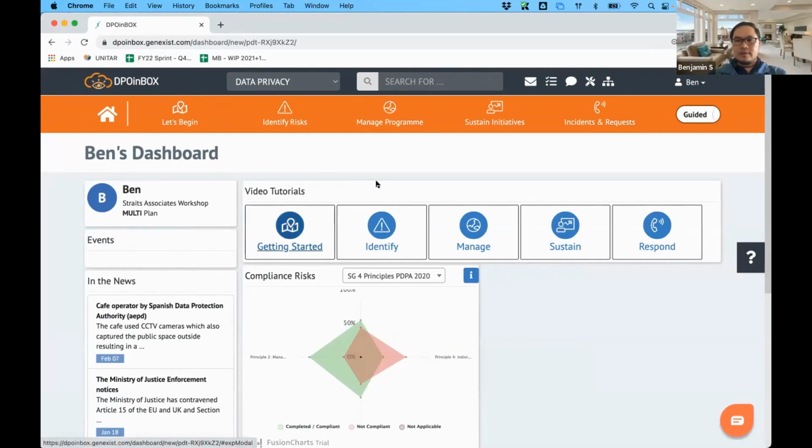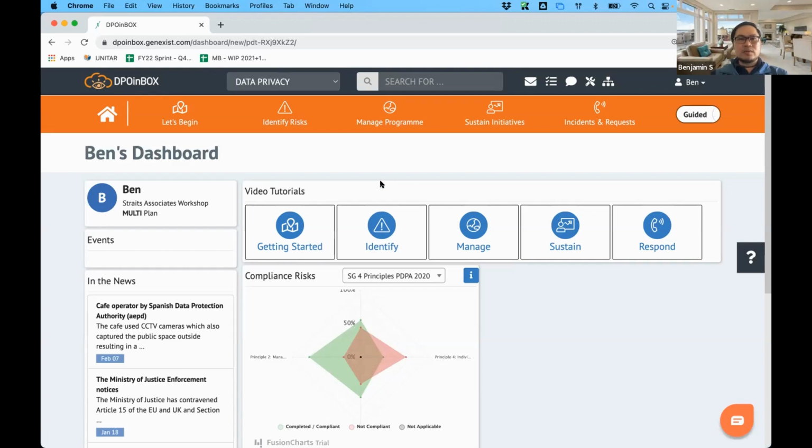Okay, right. So in this case, the HQ has instructed the entity in Malaysia to provide a report in terms of their data mapping. Data mapping, in other words, is documenting the business process, right? Previously, before they took on DPOinBOX, the entity in Malaysia was doing it on an Excel spreadsheet, and this exercise took approximately 6 to 8 months to complete, to document all the processes that touch personal data.